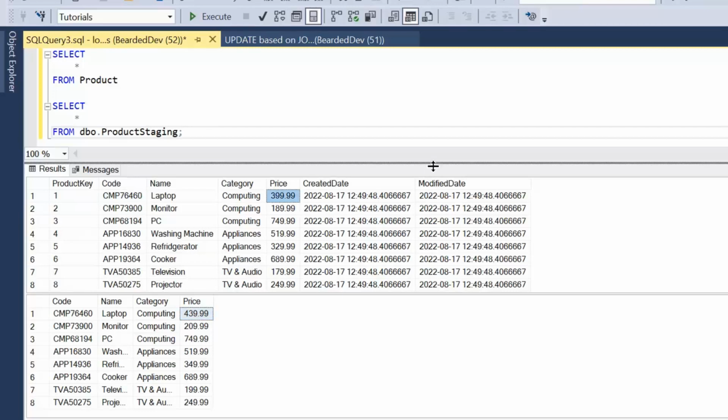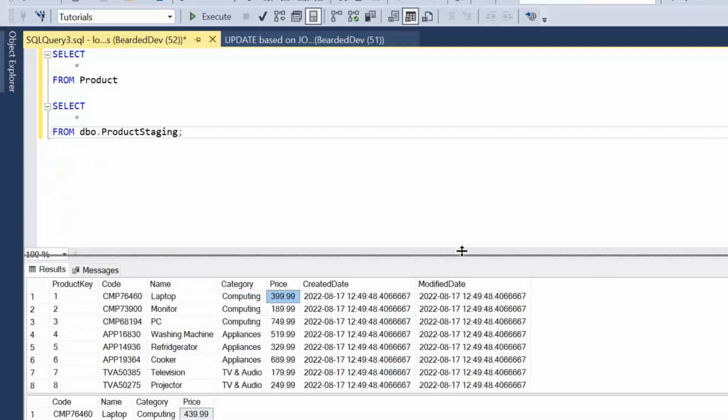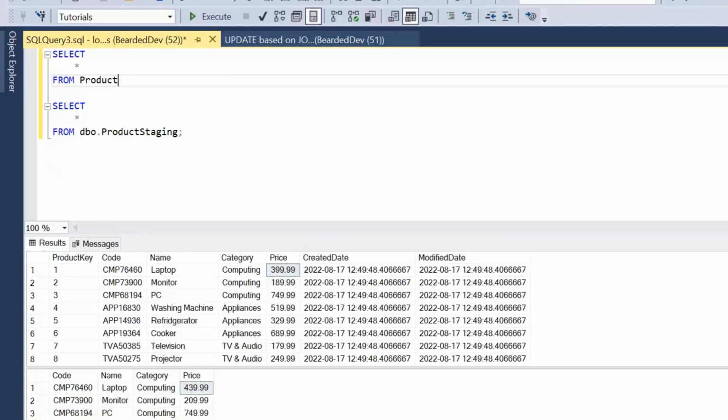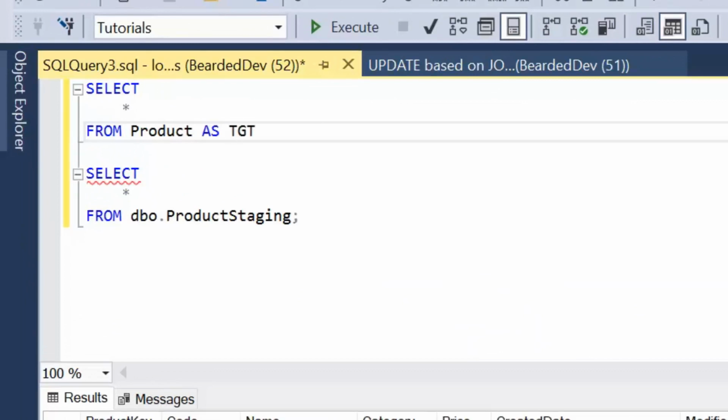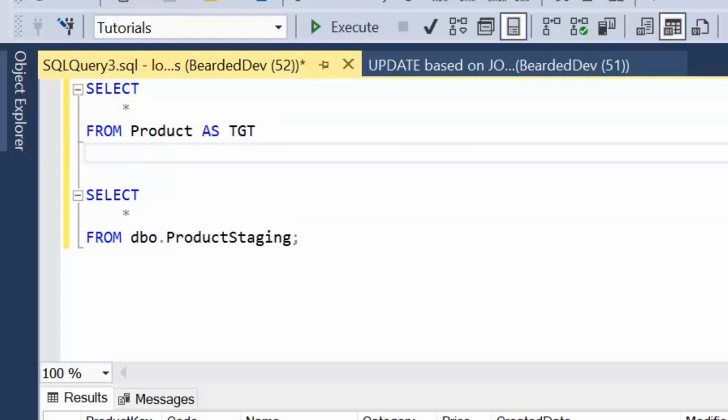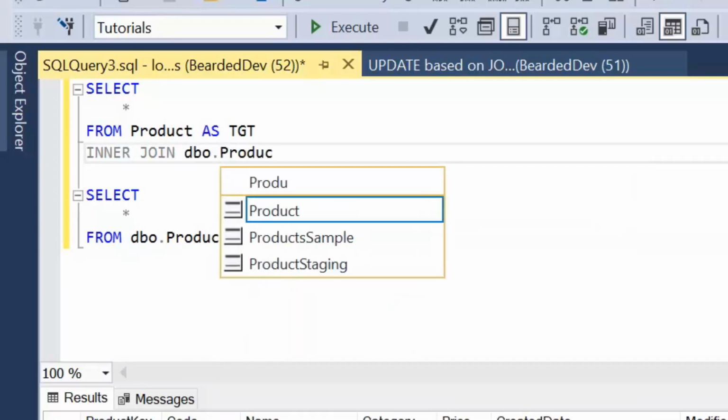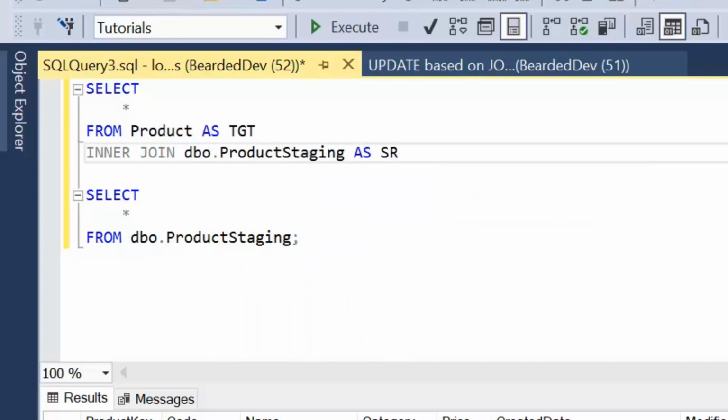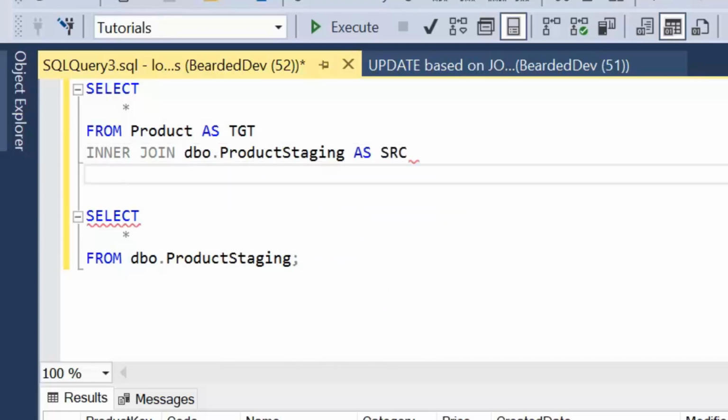So let's start off with having a look at how we can join data. So the key is we need an identifier column, and in this case we've got our code. So I'm just going to alias our product table as TGT, which is just shorthand for target. Common methodology within working with data: we have our source and we have our target. So our product table is going to be our target, and then we're going to inner join our product staging table, and we're going to alias that as src for source. And like I say, we have the identifier between the two tables as code. So we're going to join on target code equals